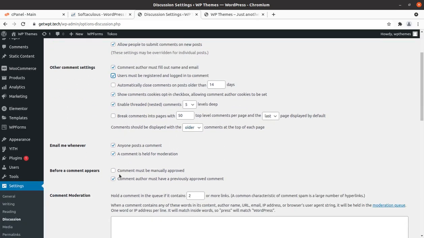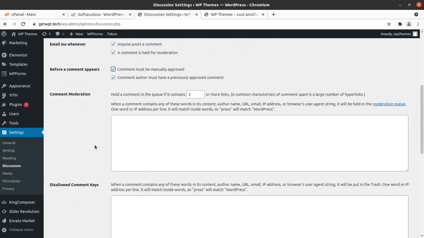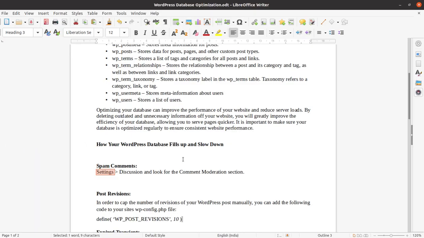Okay, so comment must be manually approved. This is another setting which stops the comments from directly publishing to your website, so you can enable this. So these are the simple settings for handling the spam comments. Okay, so the next is the post